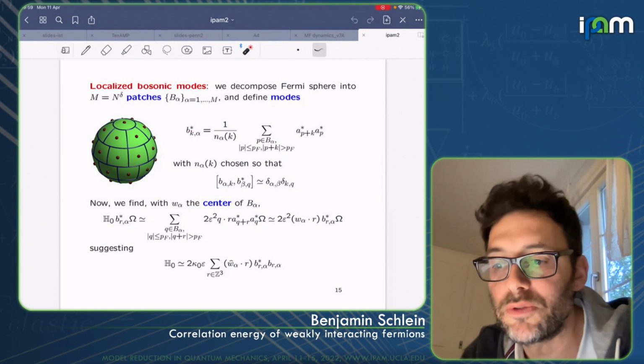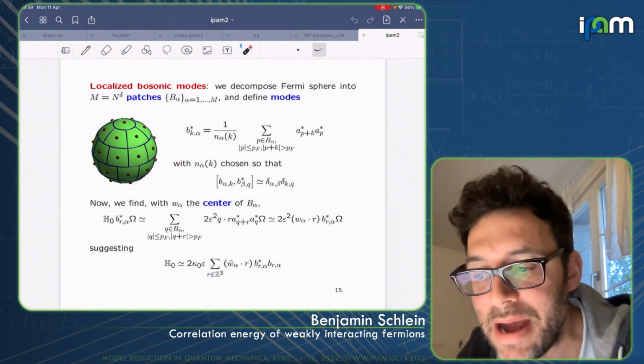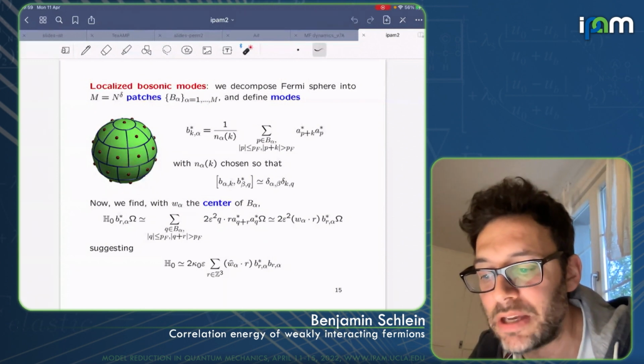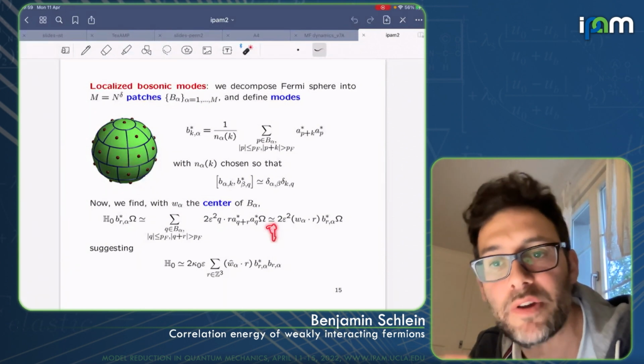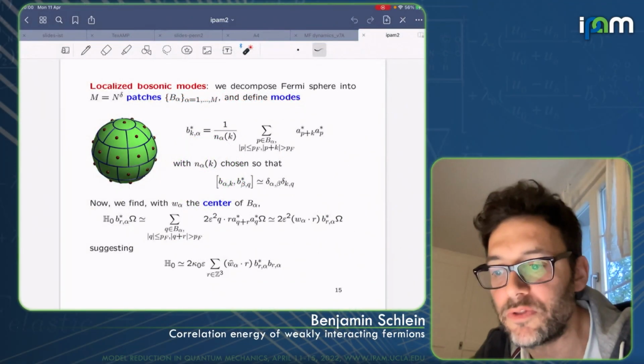Okay, so you need two conditions, right, to define it. First of all, you need the patches to be small enough to be able to make this approximation here. On the other hand, it has to be big enough because it has to contain sufficiently many fermionic modes so that their average still behaves like a boson. The fact that the B behaves like a boson is because I'm averaging over many fermions. And if you have too few fermions, this is not true anymore. Okay, well, we have to optimize the parameters, of course, but we do.